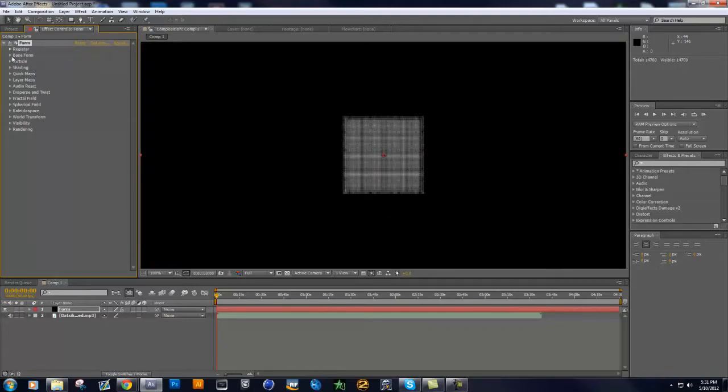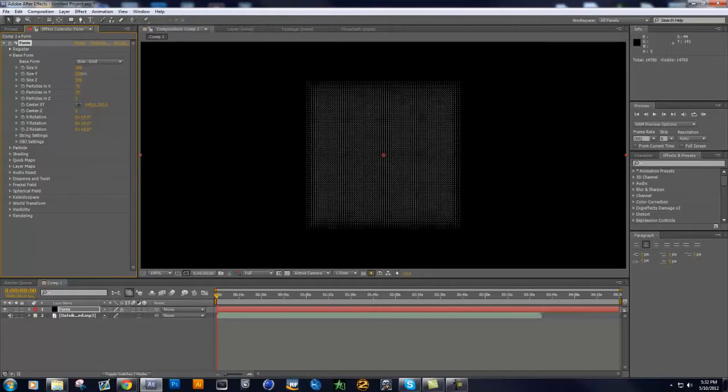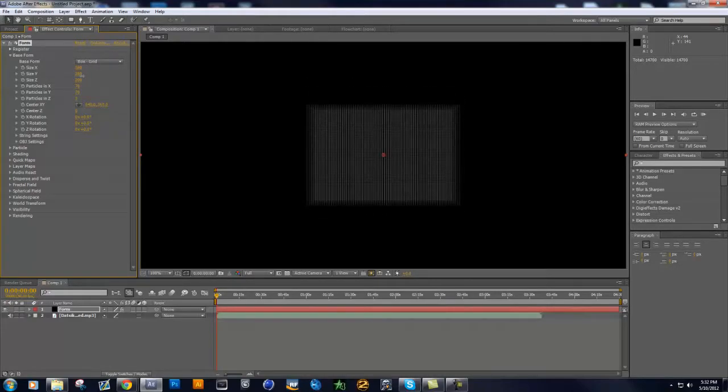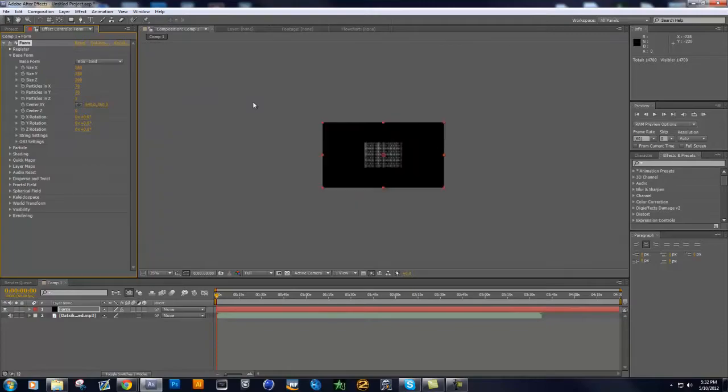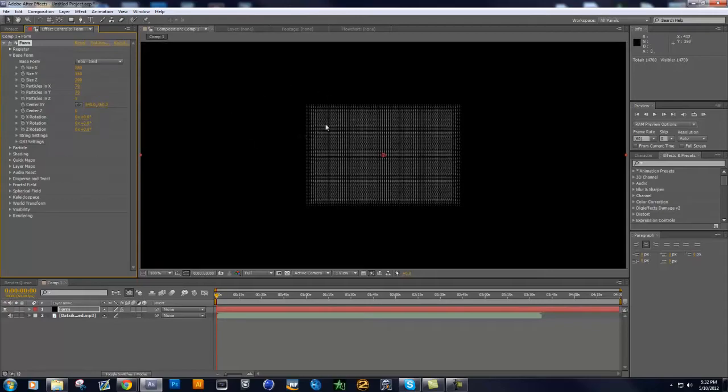If we open up the Base Form tab, you can see the size for X, Y, and Z. For X and Y, in my video I did X at about 380 and Y at about 250. So I'm just going to modify that to what I think it was. Yeah, that looks pretty much good. This is fully customizable, guys. You can basically do whatever you want with this. This is just showing you how to do what I did, but really this is an endless plugin